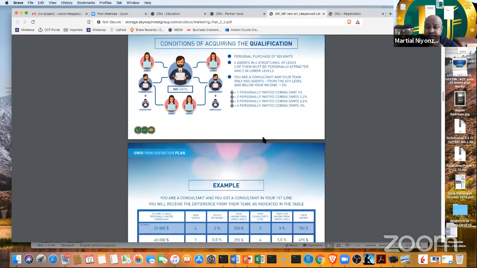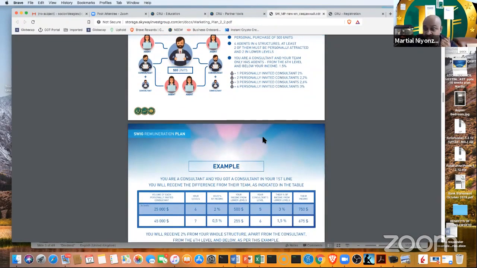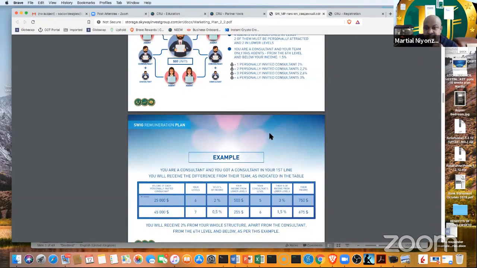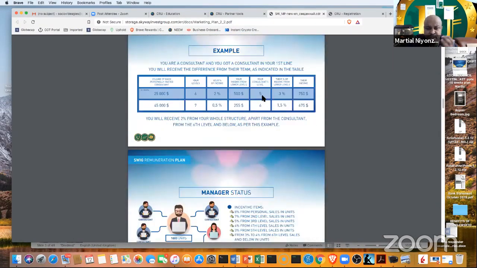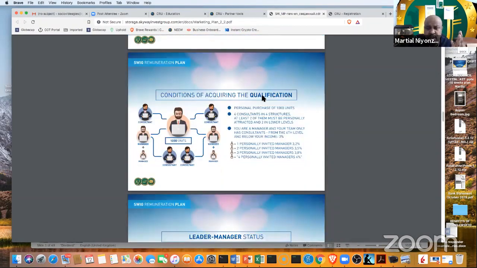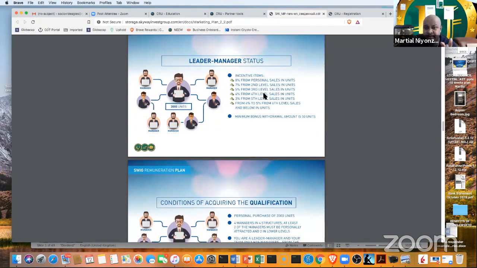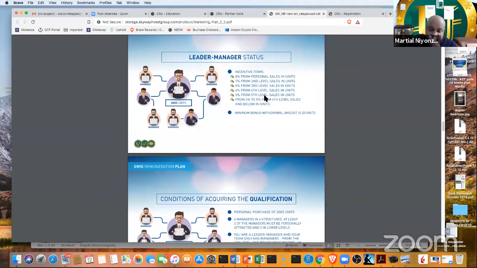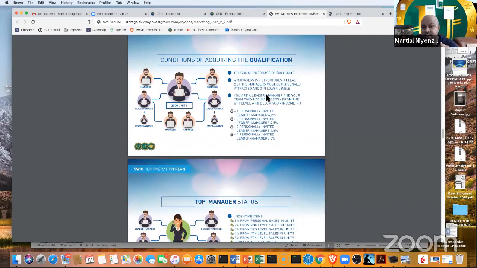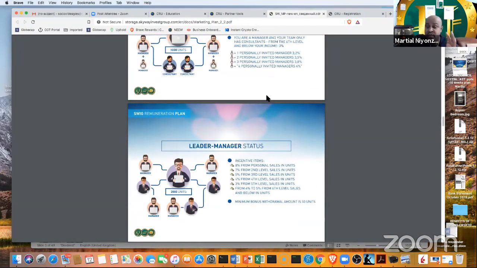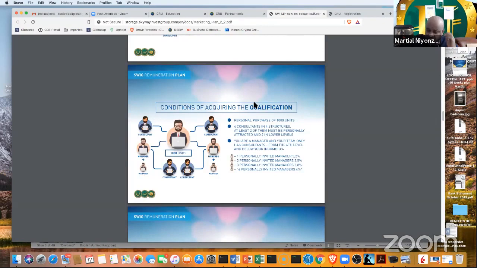You get this remuneration in your back office under documents, bonus plan, and so forth. Have a look into this. In a future video, I think we can do even a video on its own, because I'm very mindful of the time. You can do like 1 hour training about this compensation plan, but it is so simple, guys. So have a look based on the information you just learned. It's pretty much the same thing. You need to have 2 people to get to your own level you are at, and 2 other people from other different